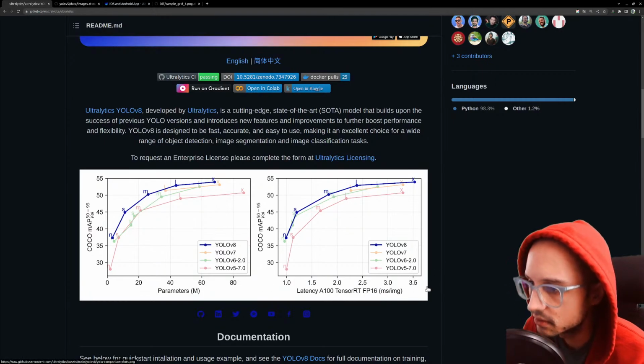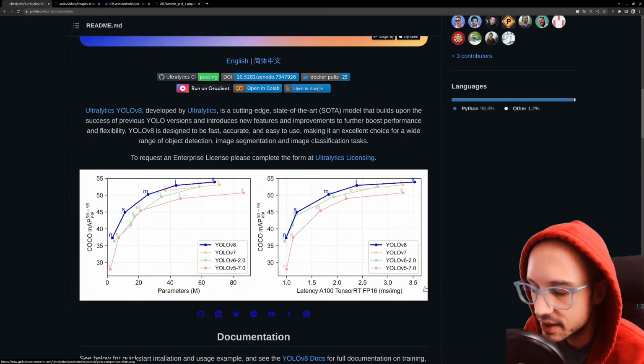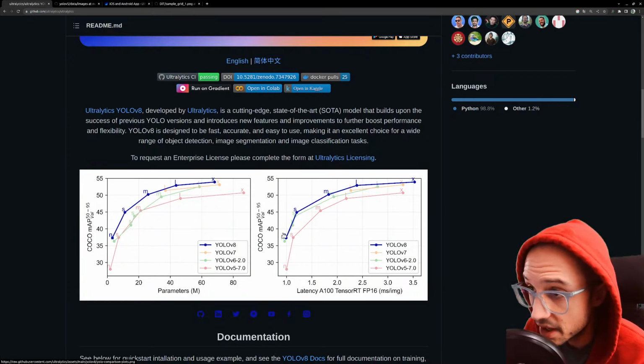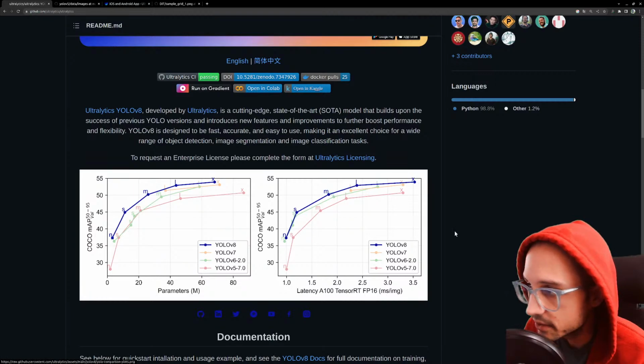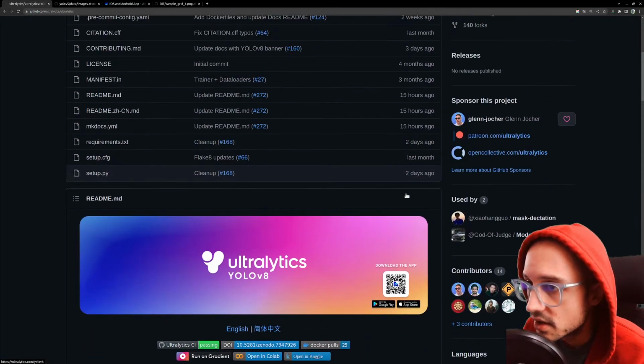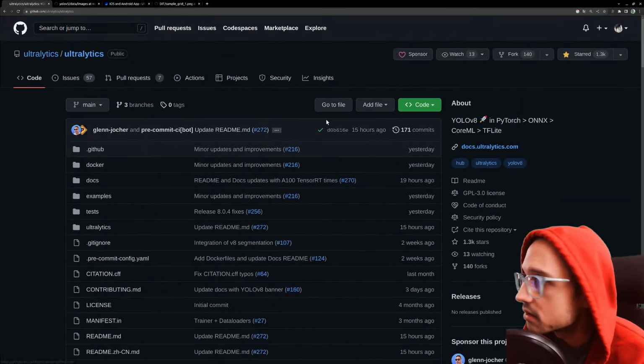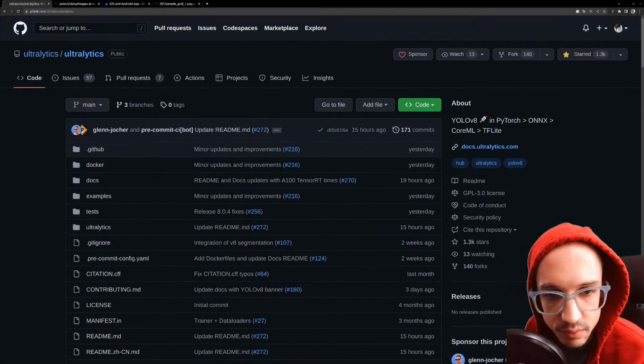So if you want something that runs on a tiny little embedded device and runs as fast as possible, you're going to be using the N model. If you want something that runs once a minute on a huge computer, you're going to want this X model. Yeah, that's YOLOv8, and thanks for watching, and we'll see you guys